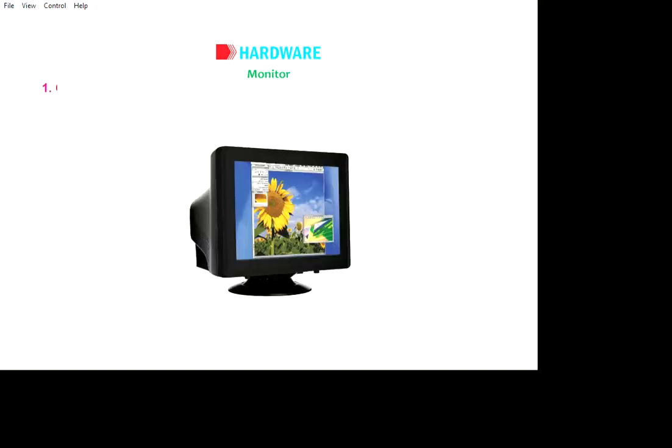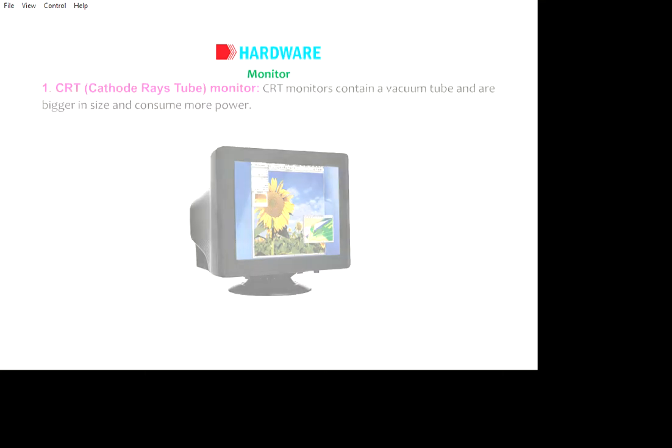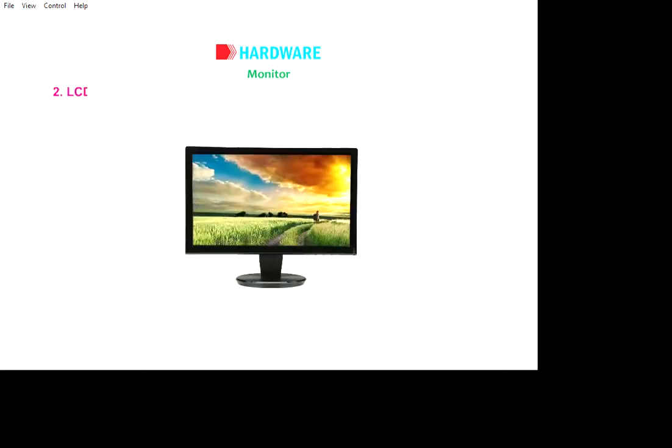Number 1, CRT, Cathode Ray Tube Monitor. CRT monitors contain a vacuum tube and are bigger in size and consume more power. Number 2, LCD, Liquid Crystal Display Monitor. LCD monitor has a flat type of screen. It consumes less power.